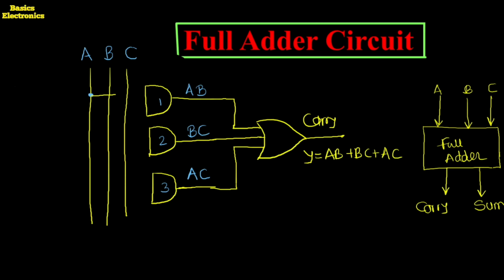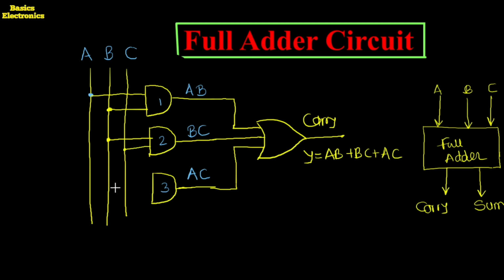Then the second input for the first AND gate is the B input. So this one is the B input. Then here for the second AND gate, the inputs are B and C. So here is the B input available. Here I am going to apply the B input. Then the C input is there, so here the C input is applied, and to this lower AND gate,